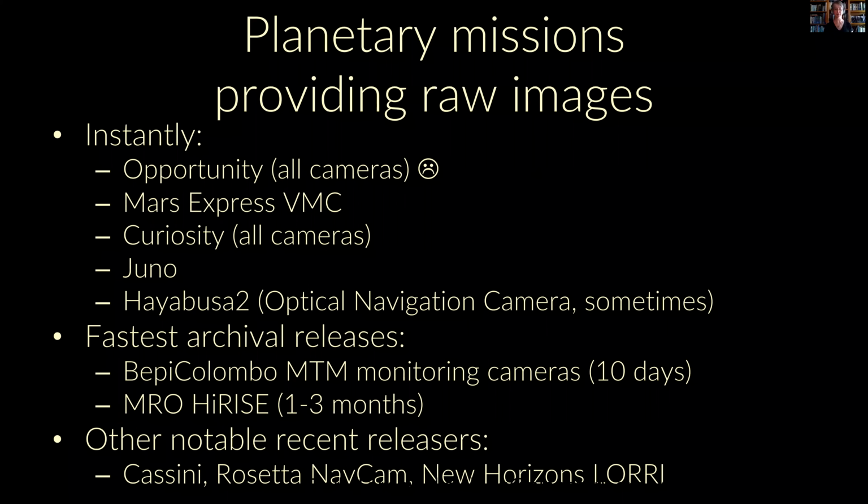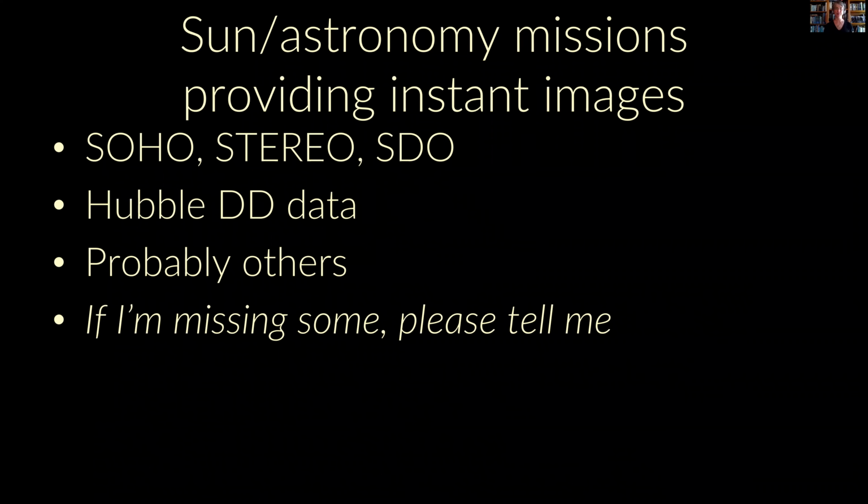And here's a list of some other recent ones. If I've missed any, actually, I would love to know what I've missed because I want to keep on top of all the missions that are sending raw images to the web. A lot of solar missions do this too. I'm less on top of what the solar missions are, but yeah, a lot of the sun monitoring missions are also rapidly releasing their image data. And I think it's archival quality, although it's not strictly speaking an archival data set. It is the PNG formatted, the full lossless version of the data that they are sharing.